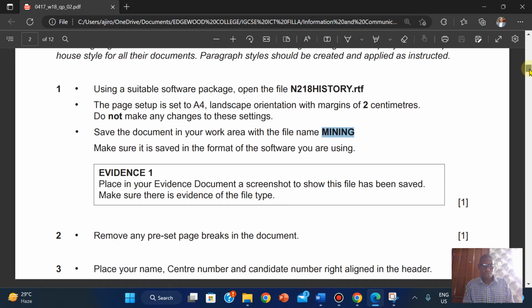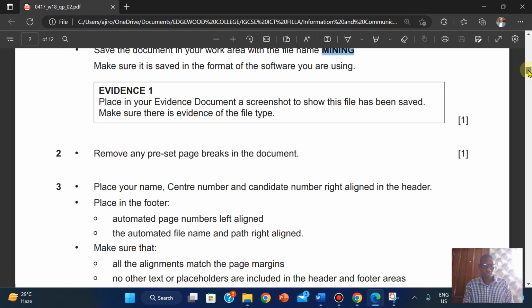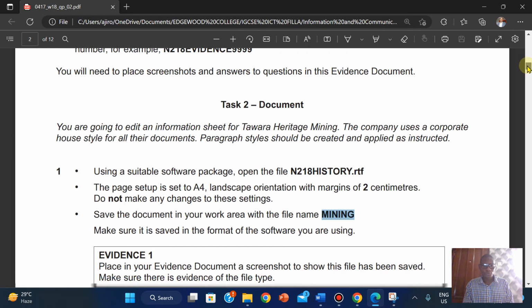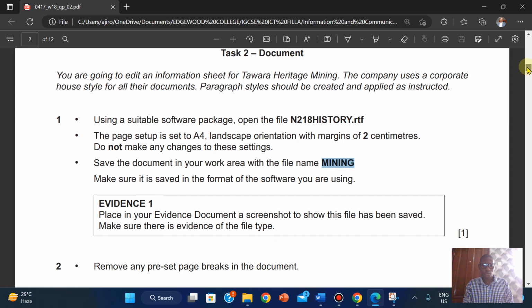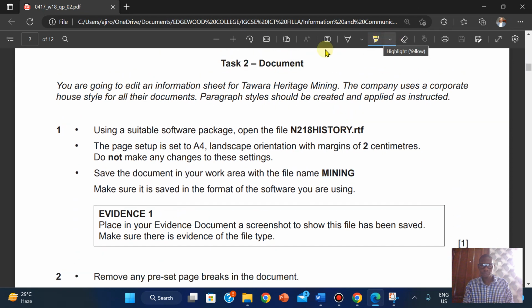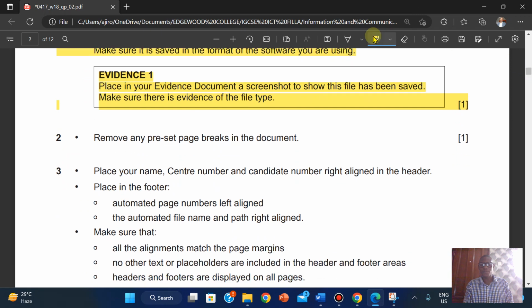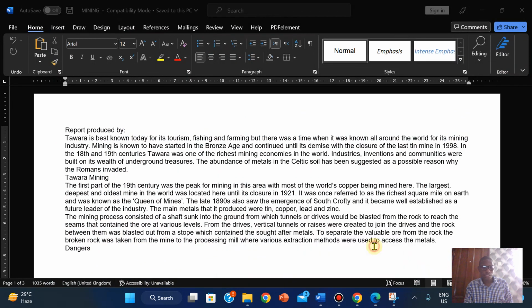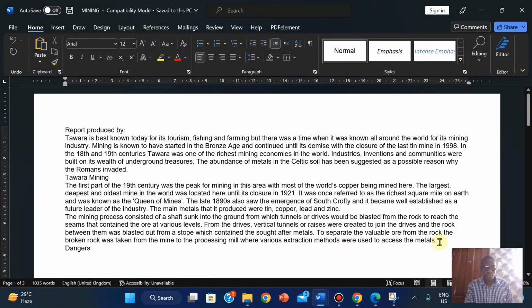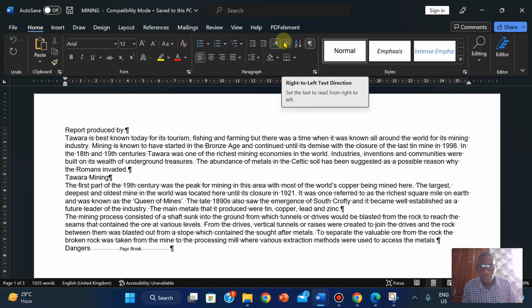Moving forward, this is done. I'm just going to save this here. Remove any preset page break in the document. So let's see if there's any page break in the document. Yes, there is. So we're going to do that, and for any of the page breaks,